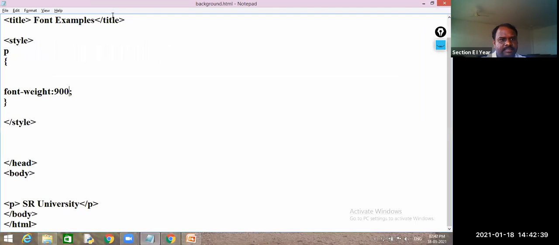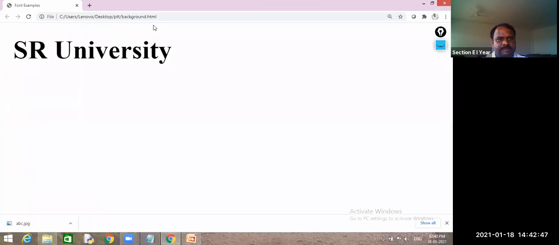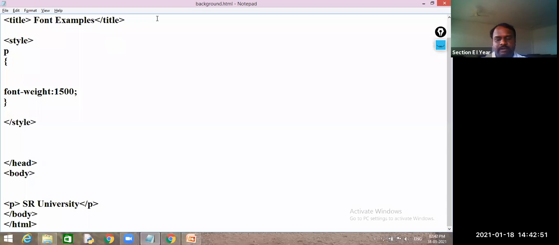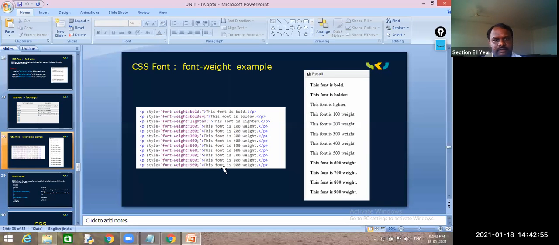Thickness increases, and if you give more than 900, like 1500, it again displays with the default size, because the maximum value allowed is 900. Is it clear? Font weights.